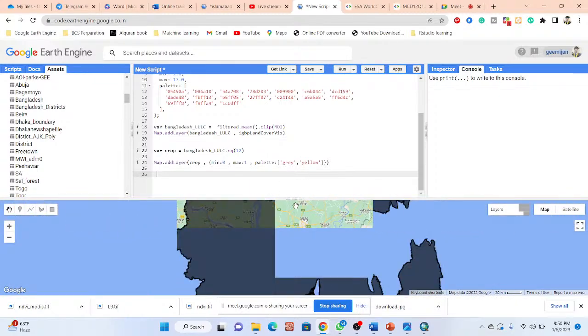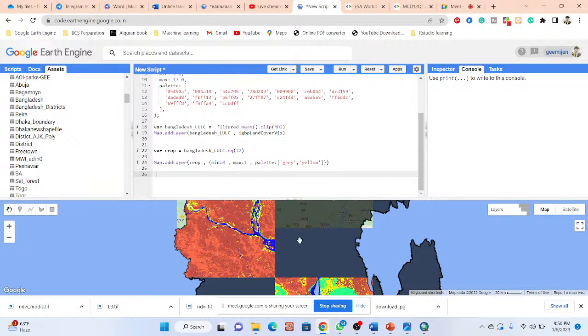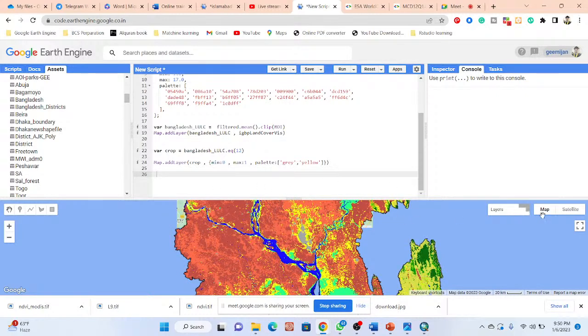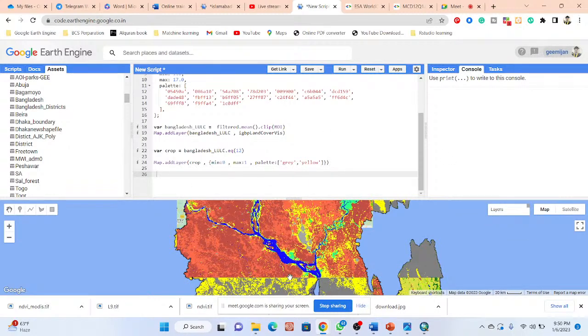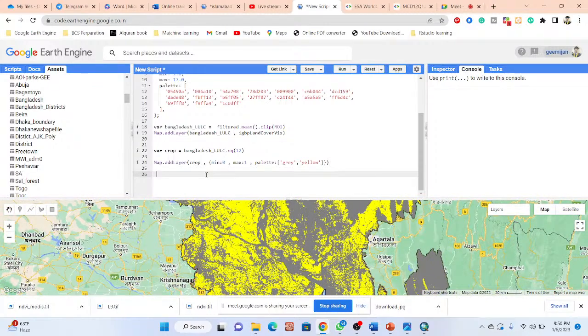So now I just calculated the area. For the cropland for the whole of Bangladesh, how much area is available for the cropland. Mainly when you want to calculate the area, we are using a function. I simply take a variable and then use the function. So I take the variable, suppose area image. In this variable, I want to calculate the cropland. I simply copy the crop and multiply it with a function. This function is that